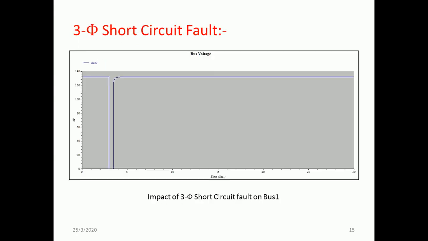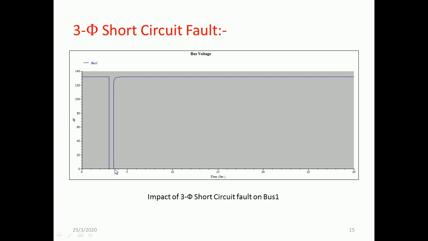Now this is the second fault which we performed in the software, that is three-phase short circuit fault. And we all know that three-phase short circuit fault is much more severe as compared to the single line to ground fault. Here in three-phase short circuit fault, the voltage drops almost to 0%. You can observe that the system was operating at a voltage of 132 kilovolt, but as the fault was introduced at almost 3 seconds, the x-axis represents the time, the voltage dropped almost to 0 volts, and it recovered at less